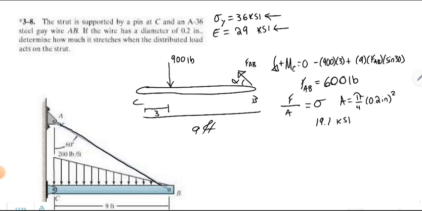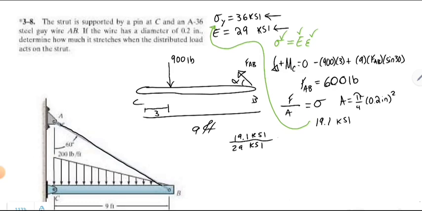Now the significance of this is that because this is less than the yield strength, it allows us to use this equation I'm writing up here at the top. And that's how we're going to find our strain, because we know this value and we were essentially given that value, so we can find this one. Okay? So our 19.1 ksi divided by the 29 ksi equals